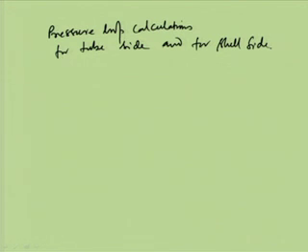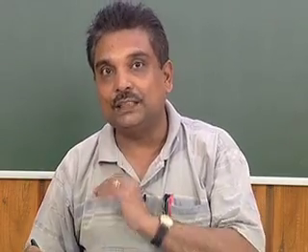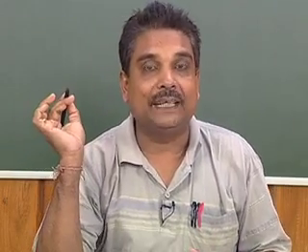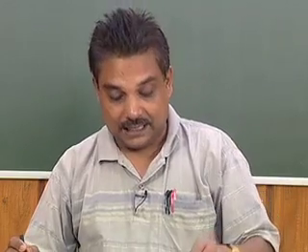In case of dirt factor, you have to see that the estimated dirt factor should be above the allowable one, but in case of pressure drop calculation, you have to see that the estimated pressure drop should be below the allowable one. Once they satisfy the necessary requirements, then the design looks to be fine, or somebody can do some refinements, some updation, for even better performance. But if they do not meet those requirements, then we definitely have to go for recalculations and rechecking. Now, let us take up a problem on this shell and tube heat exchanger.